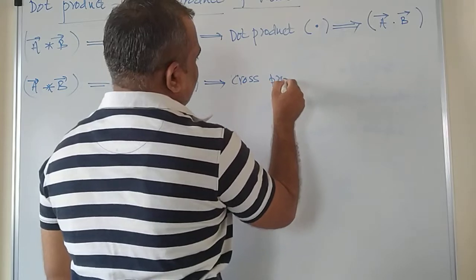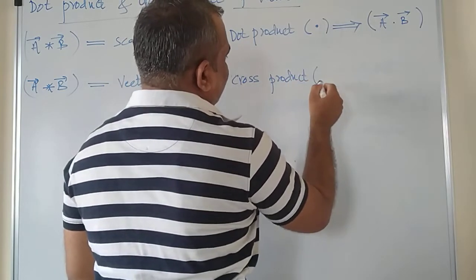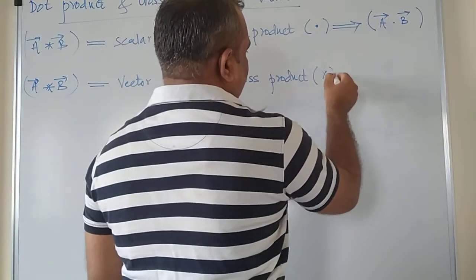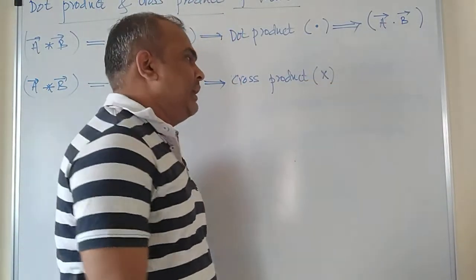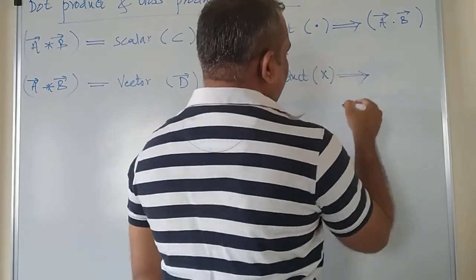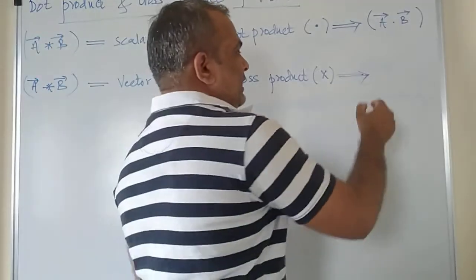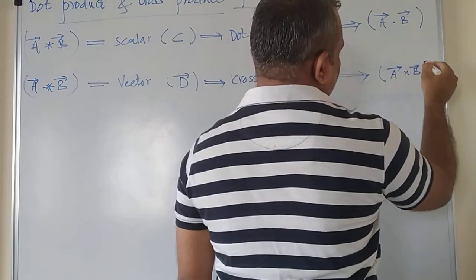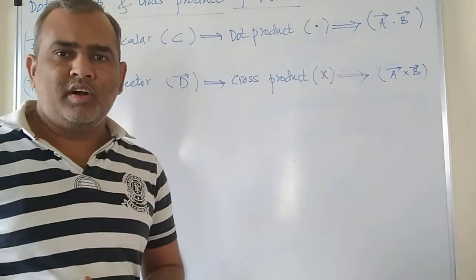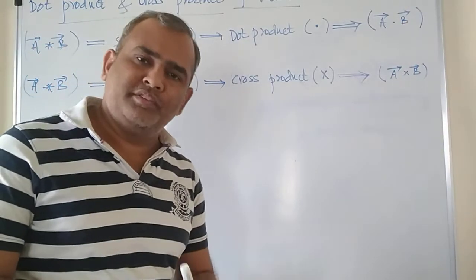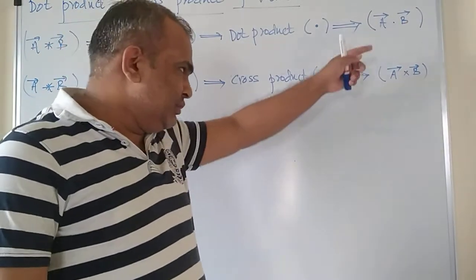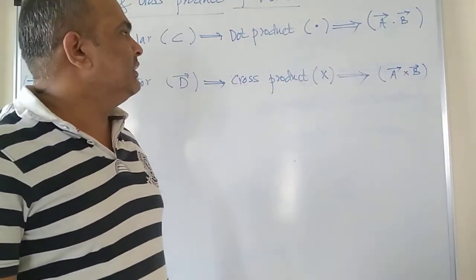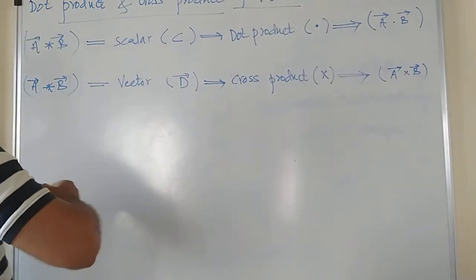It is called a cross product. This cross product between the two vectors is denoted by the cross sign. That means if the multiplication of two vectors gives you a vector quantity, then that vector quantity is represented by a bar cross b bar in this way. Got it? Hope you have understood this basic thing. This is very simple, but this needs to be understood. Now let's go ahead and try to understand the dot product.